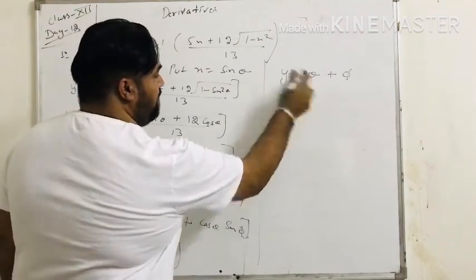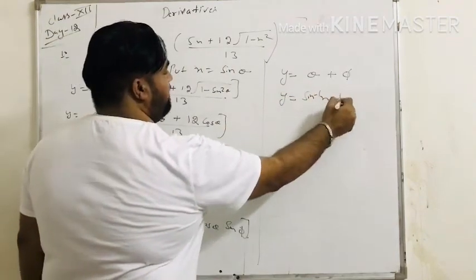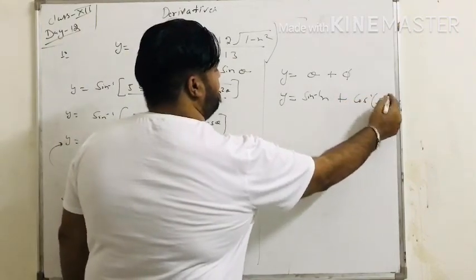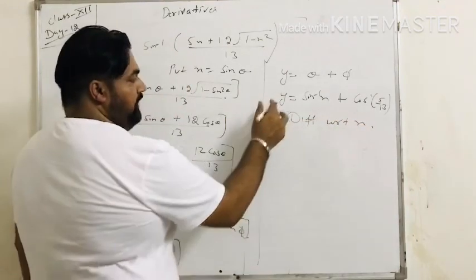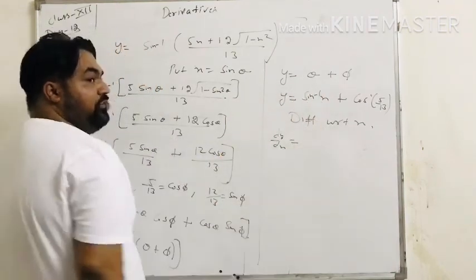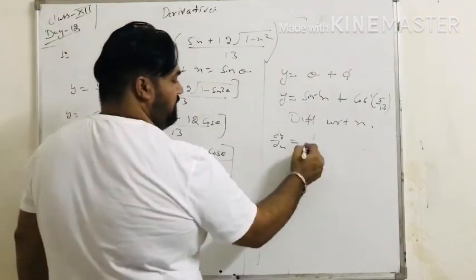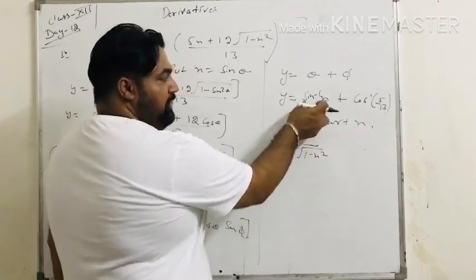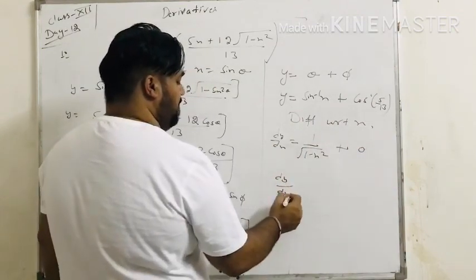Now, what is the value of theta? Shift this sine to this side. Theta becomes sin inverse x, and alpha becomes cos inverse 5 upon 13. Now differentiate with respect to x. Now the derivative of y is dy by dx. Now again the third formula of inverse: derivative of sin inverse x is 1 upon root 1 minus x square. But in the case of cos inverse x, there is a minus, but for sin inverse x, it is 1 upon root 1 minus x square. Again the constant term is 0. So the final answer is